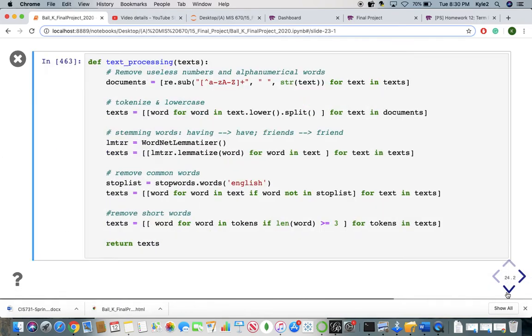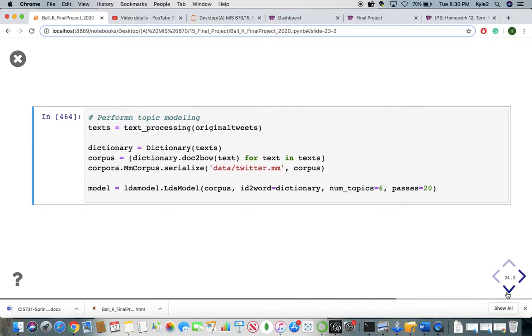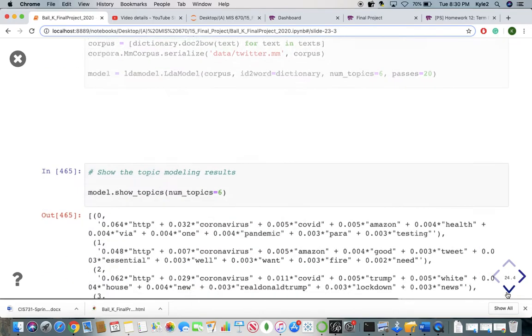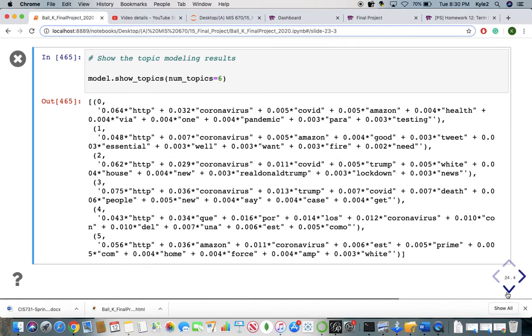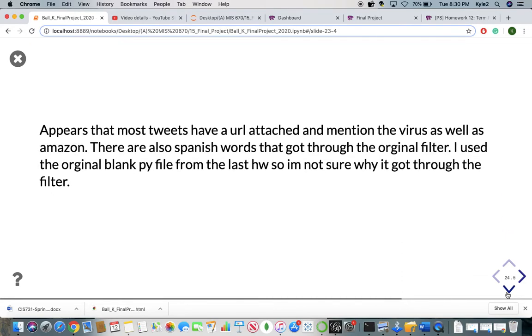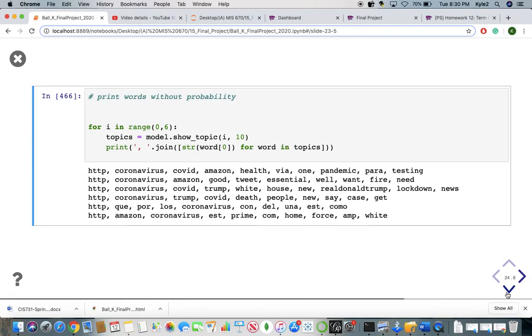So topic modeling, data processing here, looking at original tweets. We did topic models to see which words would come up. It's like predicting the probability of words coming up in tweets and what the topics are in those tweets. So looking at the probability of these topics being in tweets, and it has a correlation for each one, but this kind of gives you a better idea.